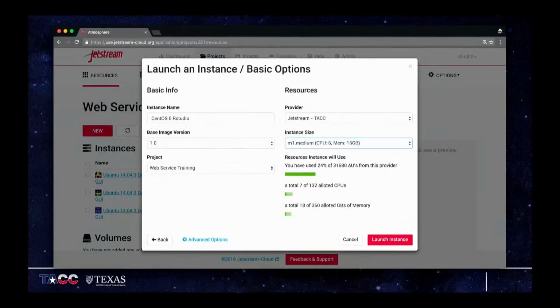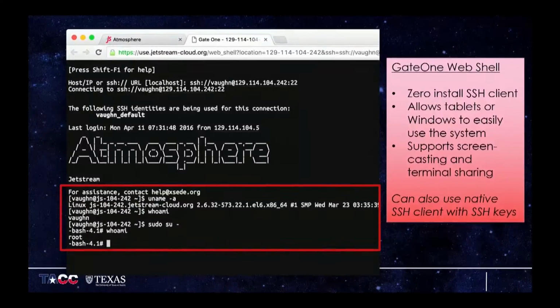And assuming that there are resources available, you come in, you give a few details. You want what your instance, in this case, the person wants to run RStudio. Again, you have instances of what's in use and what's available, so you can kind of see what size you want to run at. And then once you launch your job, you can do everything through a web interface.